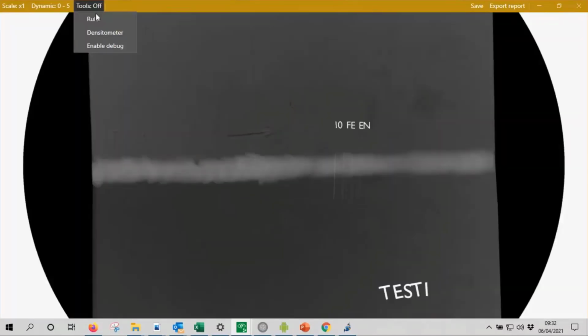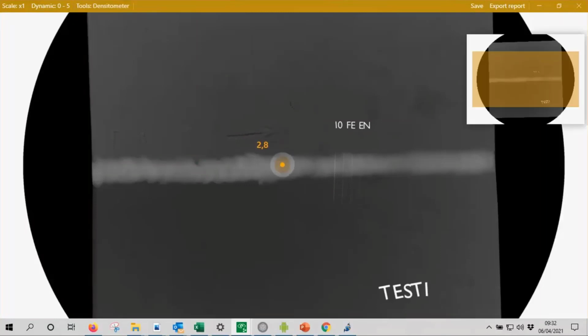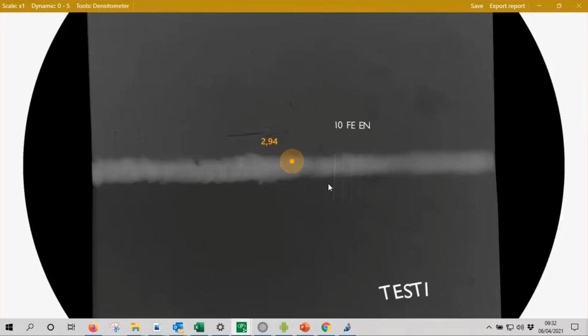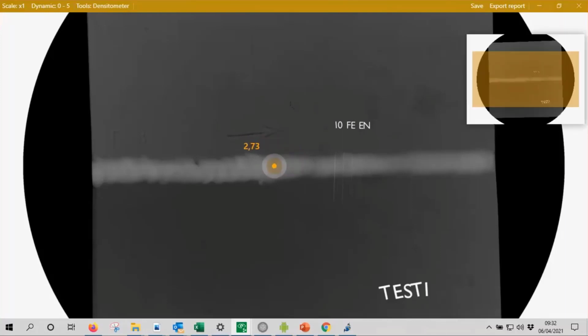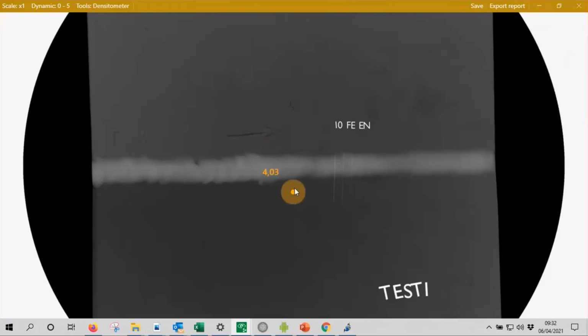And here, I can go again to apply the densitometer, and you see again that I have an optical density of around 3 at a distance of 600 millimeter. So I have a relevant, accurate image, and I reduce the exposure time, so it's better.